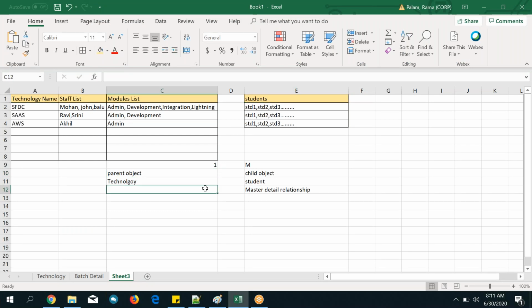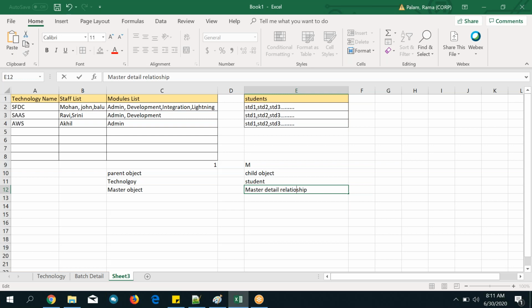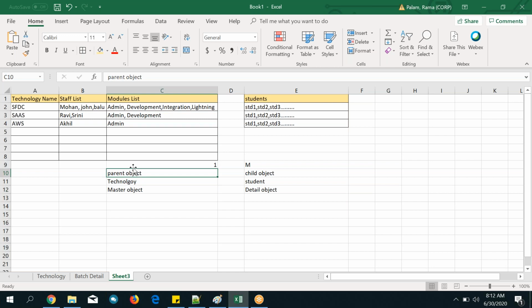Here, the parent is the master object and the child is the detail object. Master object or parent object, detail object or child object. So master is the parent, detail is the child. Master detail relationship, same way parent child relationship.